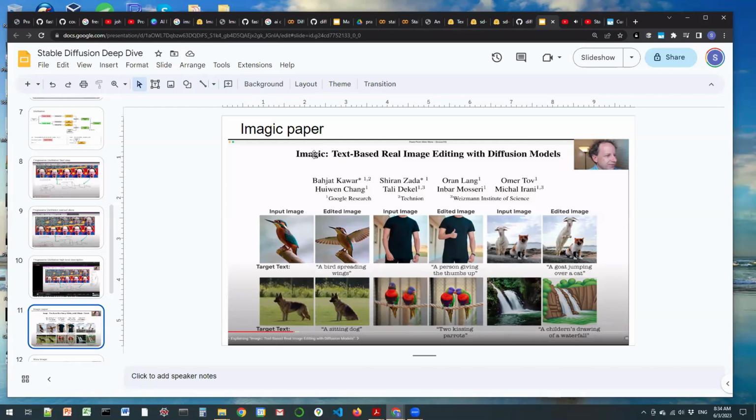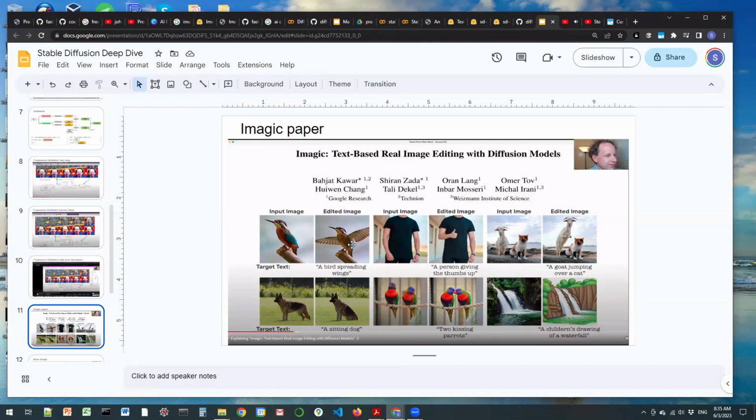So again, he says, look, there is this new paper that has emerged, which says we can edit images or get images just based on a textual description that we desire. So for example, we can have a target text that says a bird spreading wings. We provide a reference input image of a bird, and out of the process using Stable Diffusion comes a bird similar to this bird with its wings spread out, which, if you think about it, is pretty